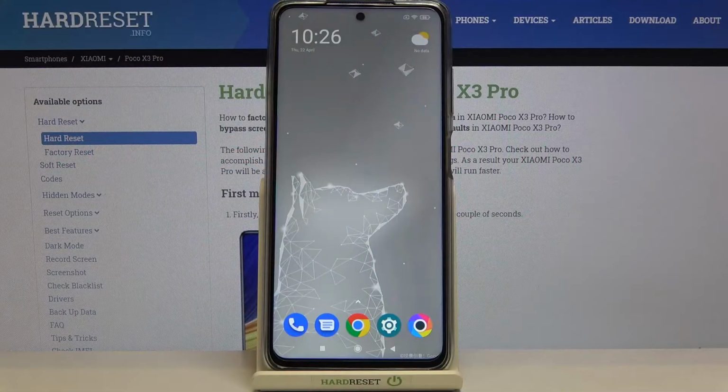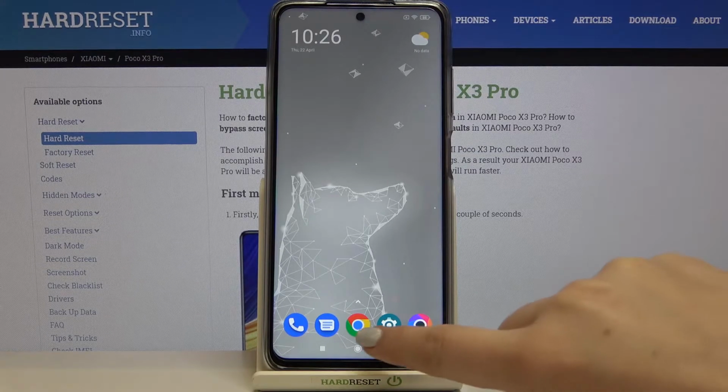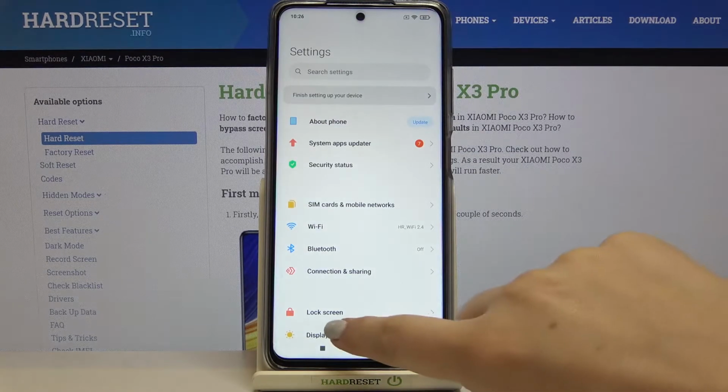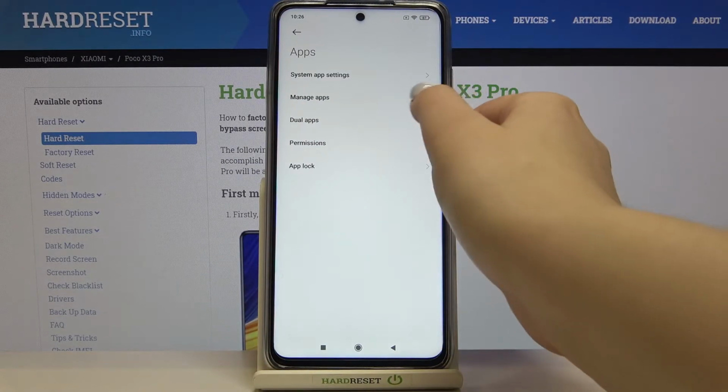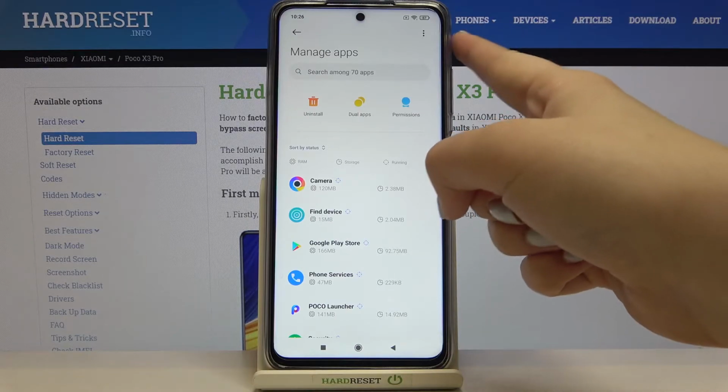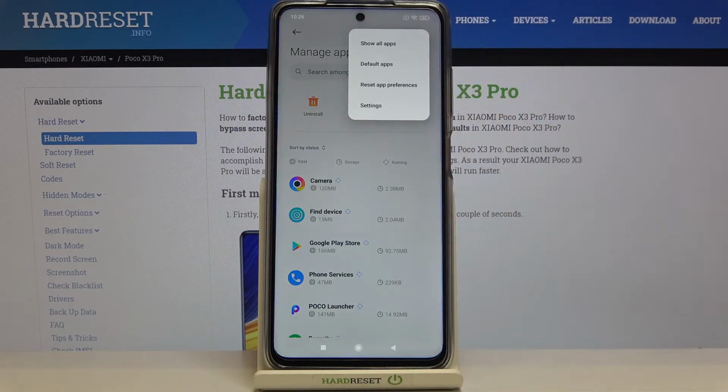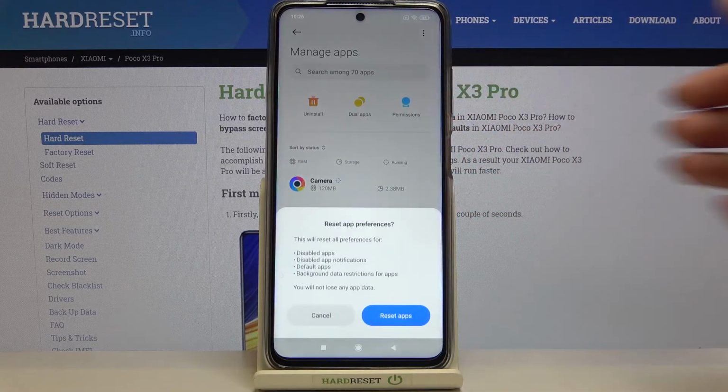Hi everyone, here we've got POCO X3 Pro and let me share with you how to reset app preferences on this device. So firstly we have to enter the settings and now let's scroll down in order to find apps. Right now we have to tap on Manage Apps and let's choose this three dots icon in the right upper corner. As you can see, on the third position we've got Reset App Preferences, so let's tap on it